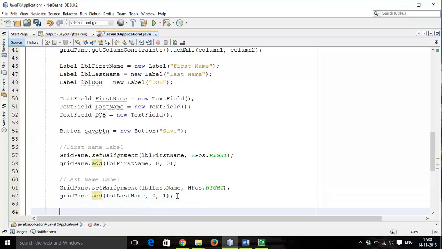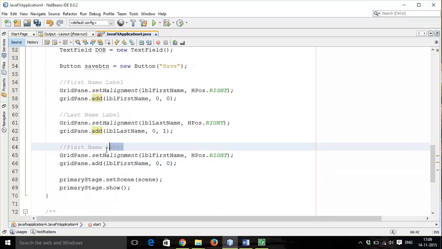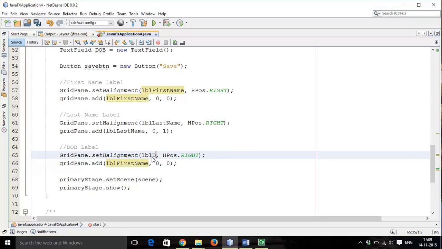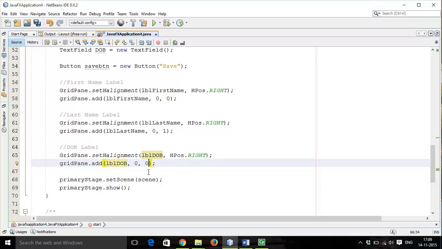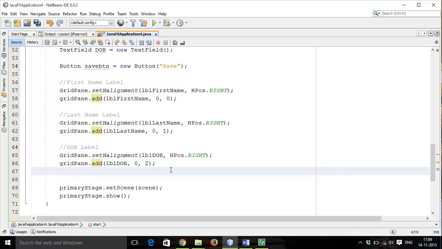then again add a date of birth label. So date of birth label, GridPane set date of birth label, horizontal position right, add to the grid. So date of birth and column index comma row index, that is 0 comma 2. Now add the